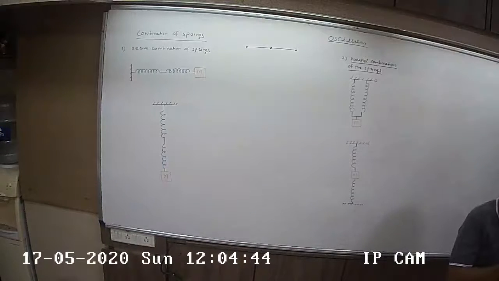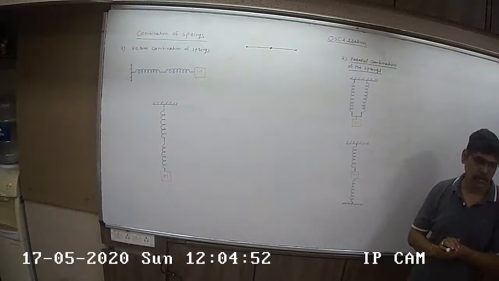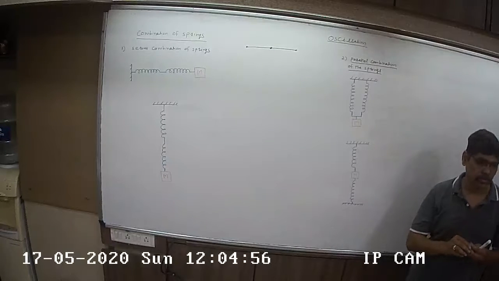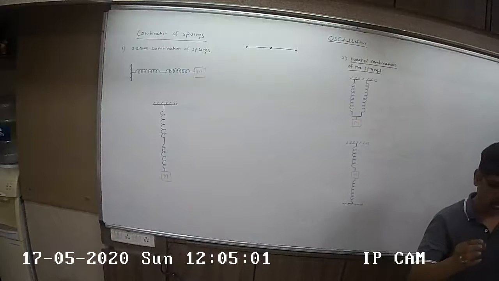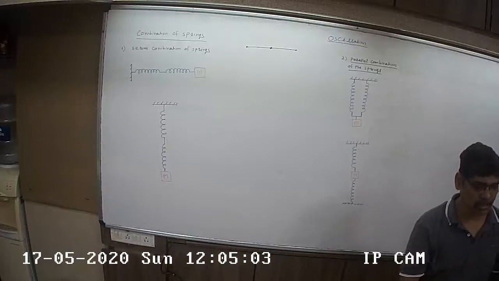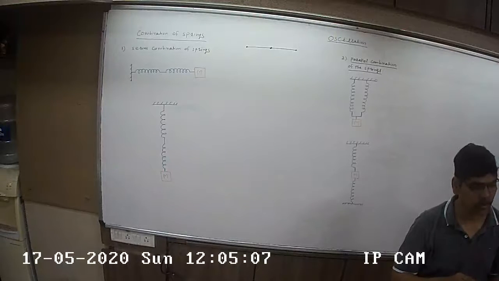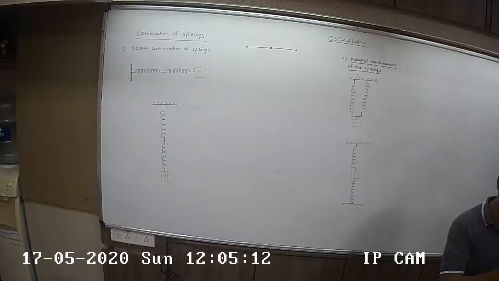After revising the first lecture, in the second lecture we'll talk about combination of springs. Last time I took an example of a block attached to a spring, whether in the vertical or horizontal direction. If we stretch the block a little and release it, it is an oscillatory motion, more correctly linear simple harmonic motion. This topic is related to that only: combination of springs.